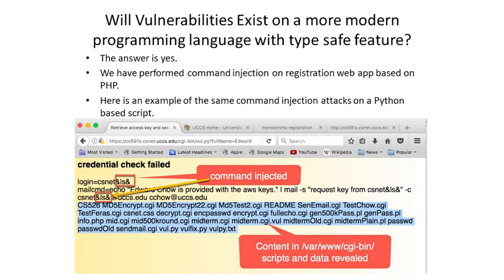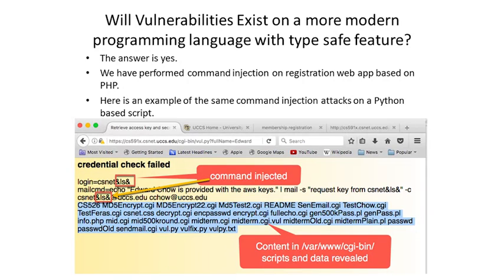It's written in Python. Through the key access.html web page in your Chrome virtual machine, we can enter the login and password, and the input data is submitted to the vul.python script in the CGI bin directory. The result will be the corresponding access key and secure key returned. This script is written in the newer Python programming language, but it contains exactly the same kind of command injection vulnerability